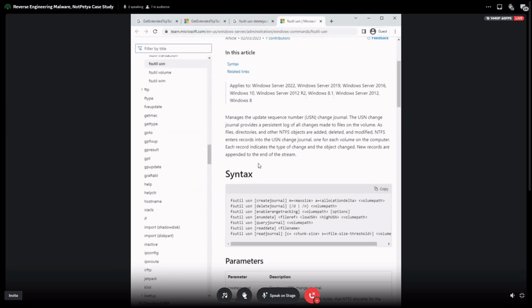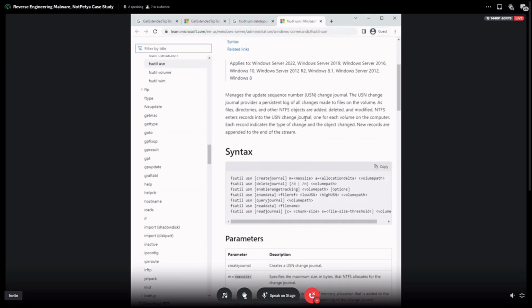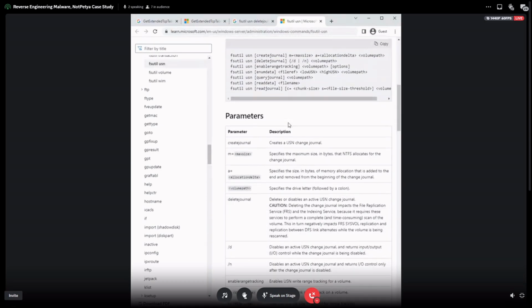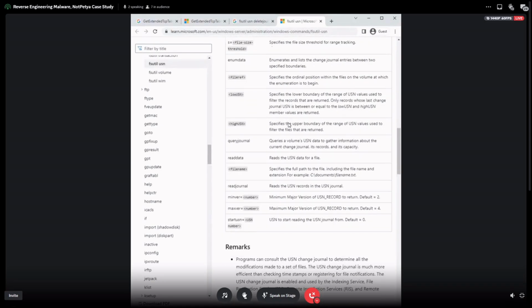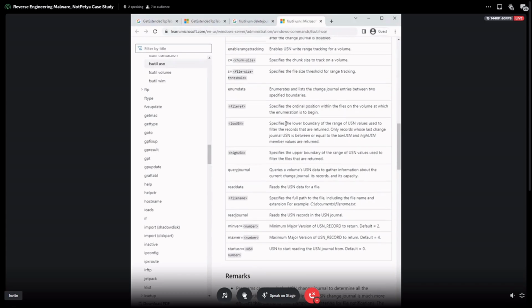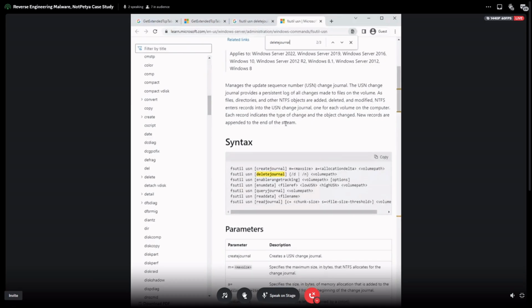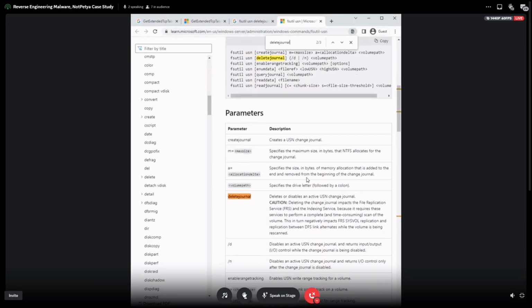More Microsoft documentation. As I mentioned, you're going to be learning from Microsoft a lot. And the more you're here, the more you're going to realize that their documentation sucks. But we can look here. We can Control F for delete journal. Okay, so